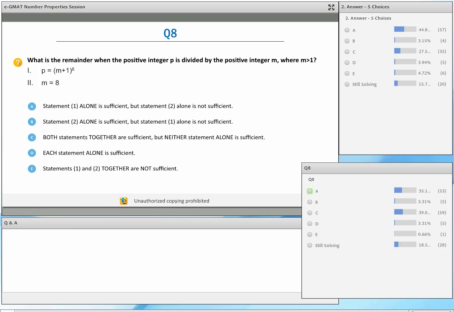And you can see that a lot earlier when you attempted this, more people were leaning towards choice C. Okay, now more people are leaning towards choice A. So as a group, you have improved your accuracy for this particular question. Now, yes, people who've selected choice C, or people who've selected any other choice than choice A, you still have certain gaps, and we will talk about that. But I see that there are quite a few of you who have improved your ability to solve this question. Okay.